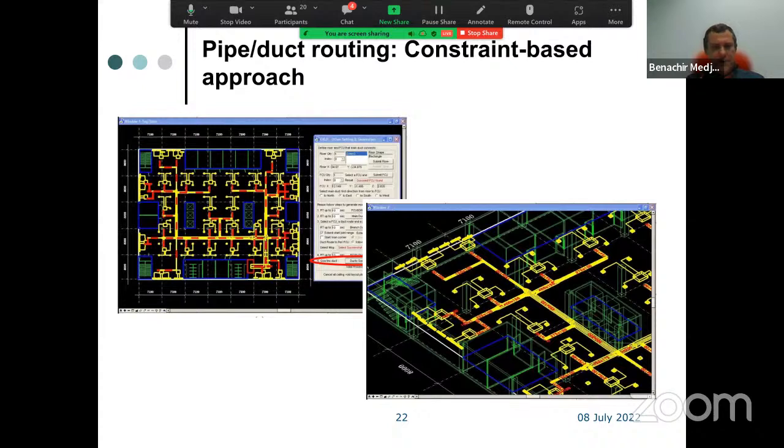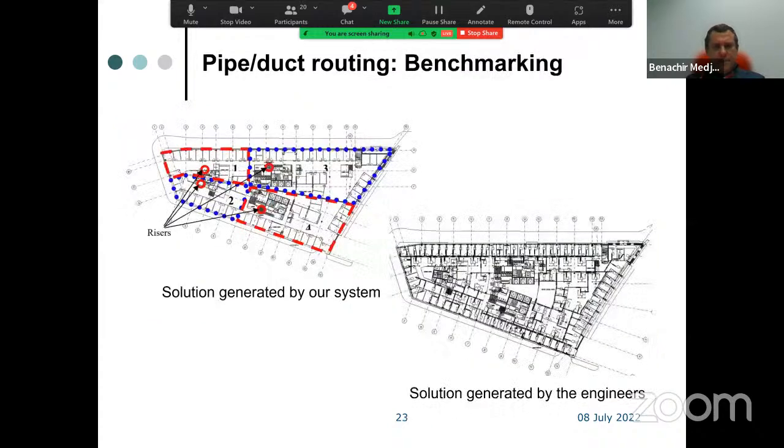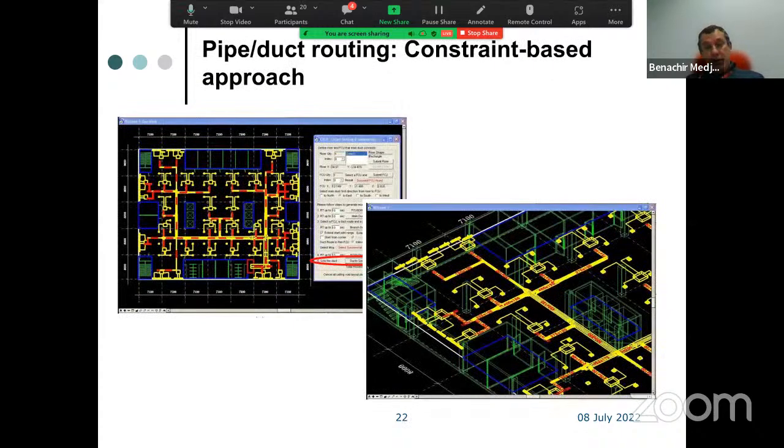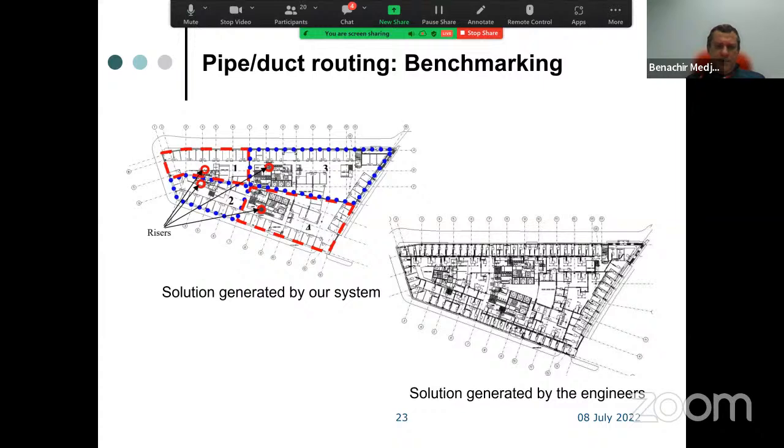This is from MicroStation, where we use it to display the solutions in the BIM model. Now, we have benchmarked, we have tested these solutions with our partner, AECOM. This is an example of a building we have used in the benchmarking exercise. What was great is that we have tested a building which has been done in the traditional way by AECOM, to see the difference in design. Then we have got as well some qualitative analysis of the solution by the engineers of AECOM to tell us what they think about the solution, what is good, what is not, what should be improved, etc.